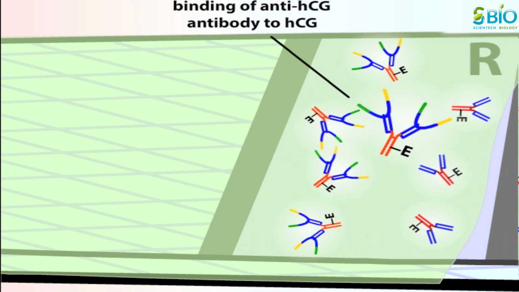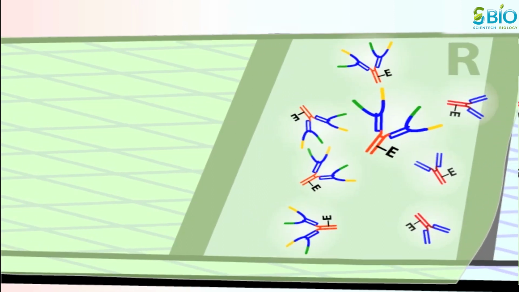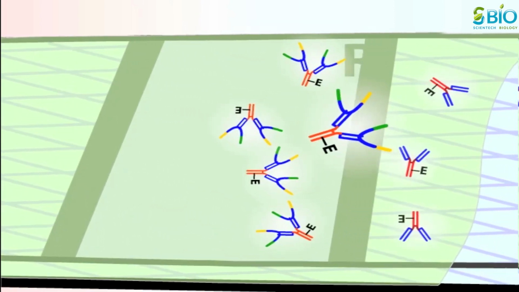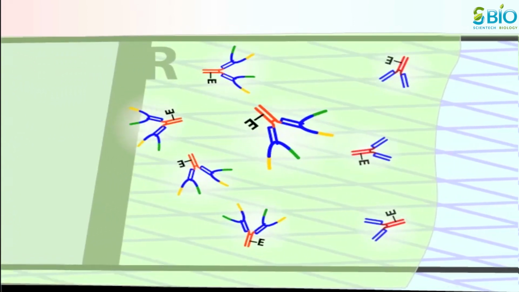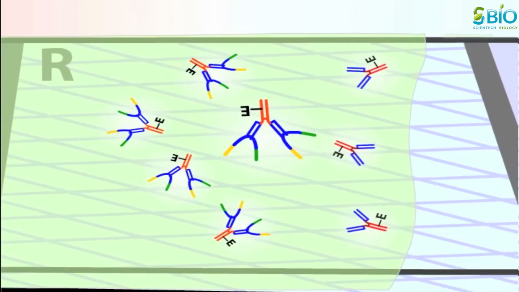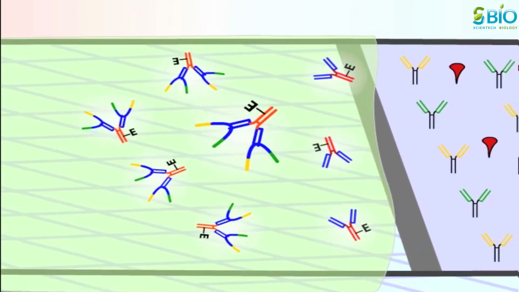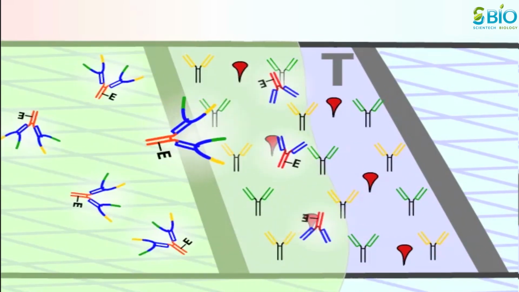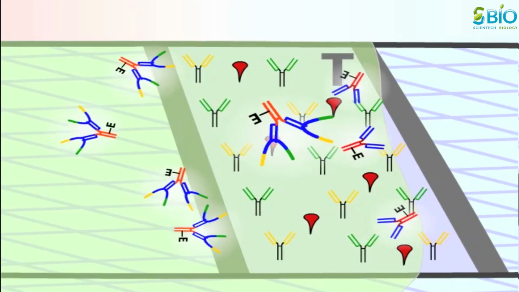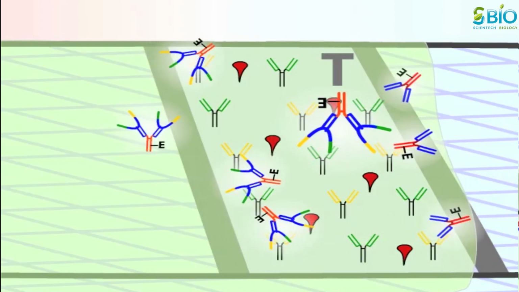The complexes of HCG and antibodies, as well as the unbound antibodies, dissolve in the fluid and detach from the capillary membrane. They are carried along the test strip by the capillary flow. At the test zone, other anti-HCG antibodies bind to the HCG portion of the moving complexes. The antibodies in these zones are permanently affixed to the strip, so the complexes that bind here now stay.